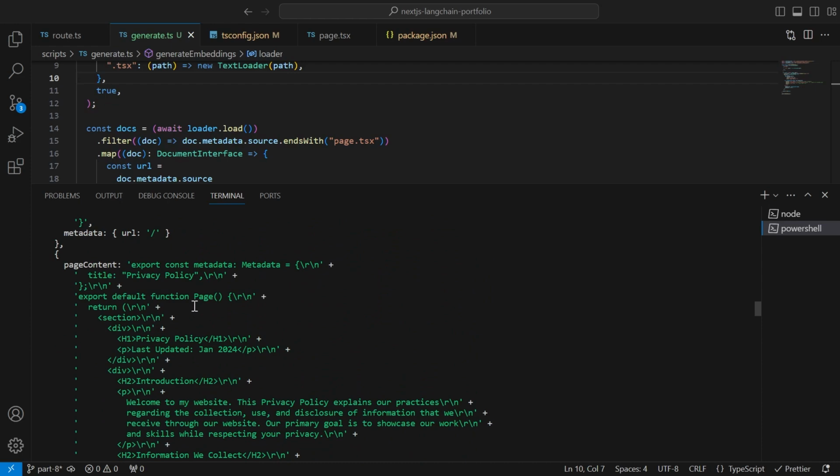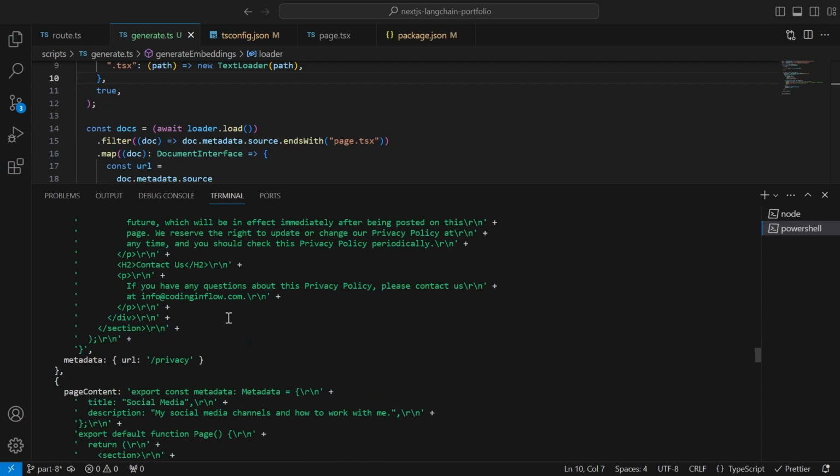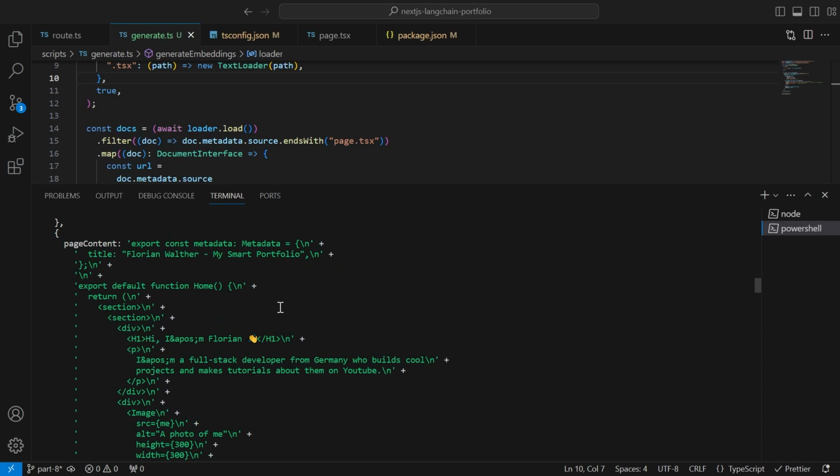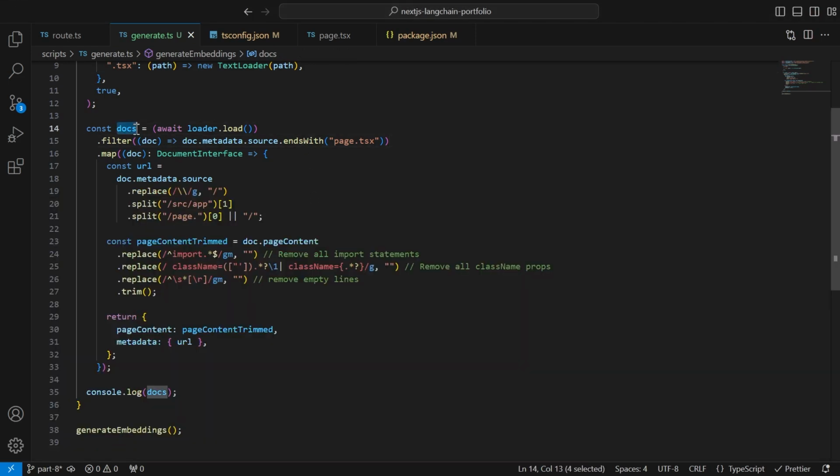And now, as I explained, we want to split up these large documents into smaller chunks because these pages can get big and we don't want to send huge pages to ChatGPT. And we can do this in just 2 extra lines of code. So below our docs, which are the full pages, we create a const splitter. We assign this to a